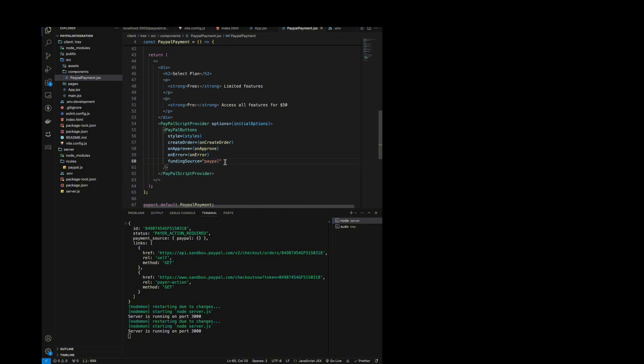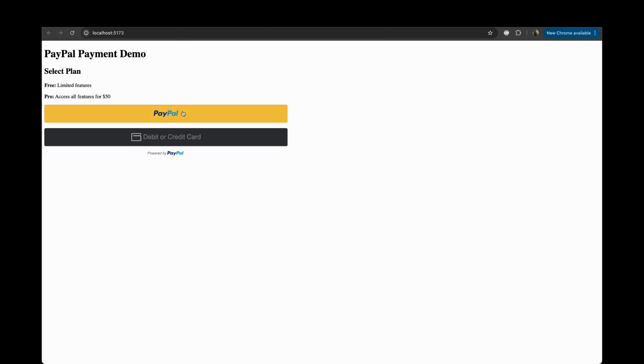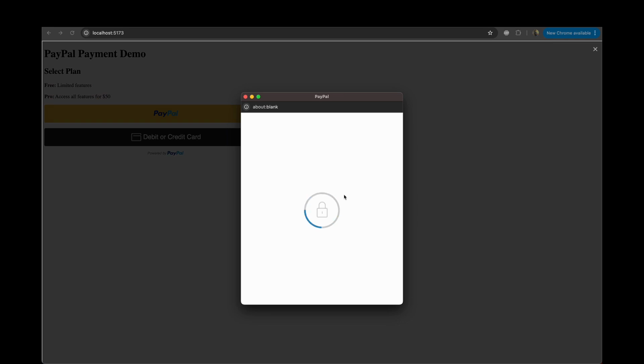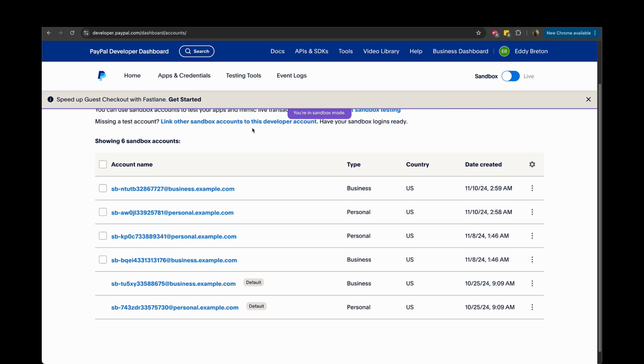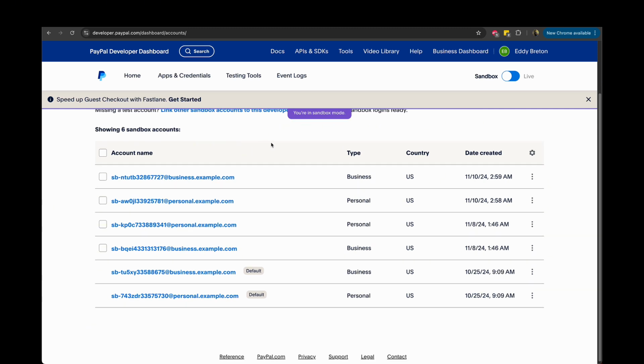But if I delete this, you will see both PayPal and credit card options. And when you click on PayPal, you will see that you're automatically redirected to the PayPal account. Okay, so you need to log in with the personal account that we first created. So let's log in. You can go back to the merchant account, and under the sandbox accounts that we just